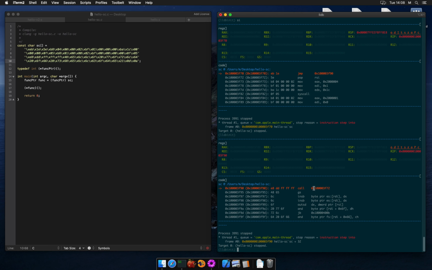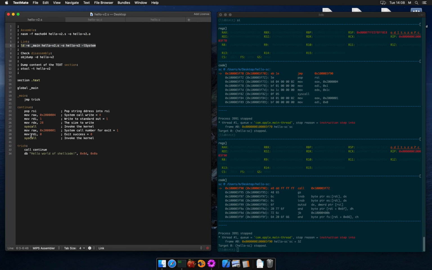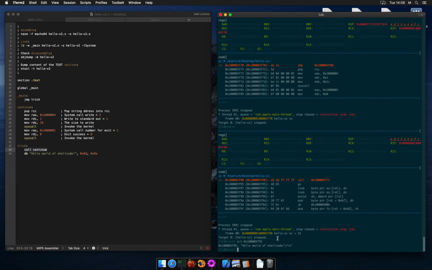Let's match the call instruction in the debugger with the one from our trick in the assembly code to the continue label. Notice we have some instructions after the call that don't make sense. Let's take their address and try to print them as a string. It's exactly our message, which the debugger interpreted as instructions. Why? More about this in another video.